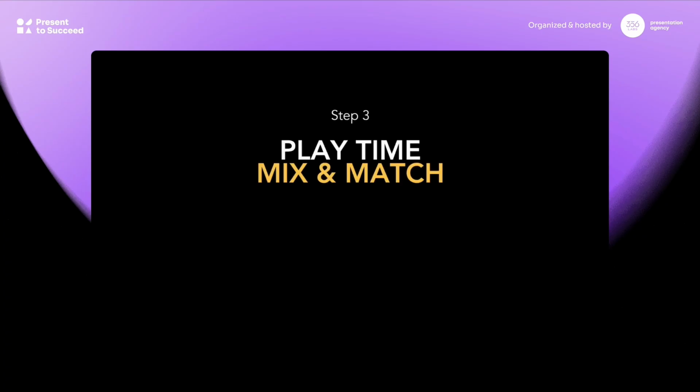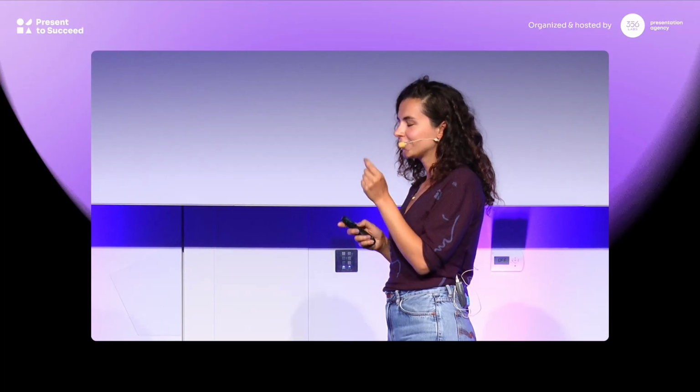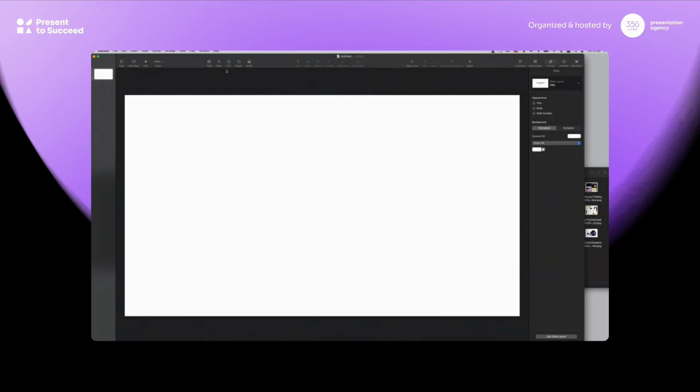So I'm going to demonstrate the way I do it. I'm a Mac user, so I do it in Keynote. But of course, you can do it in PowerPoint or in Google Slides, whatever you want. You can even print them and put them on the wall, like old school. But I'm going to show you how I do it, because Keynote has this little trick, which I find super useful. So I do it in Keynote in the same file that I would use after for the presentation.